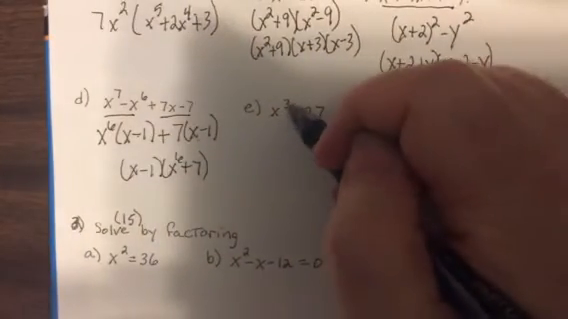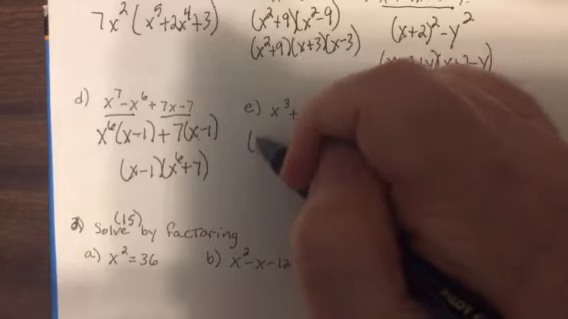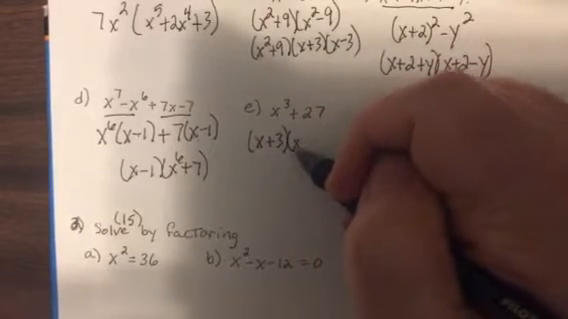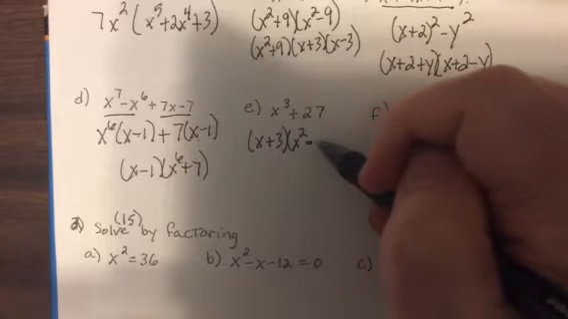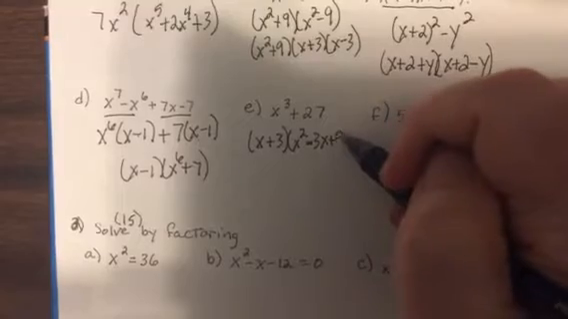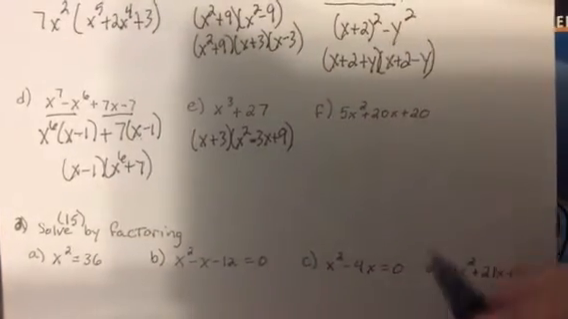This one, oh, cubes. First, write it without the cubes. Then, square the first term, opposite sign. Product of the two, add the square. This one,